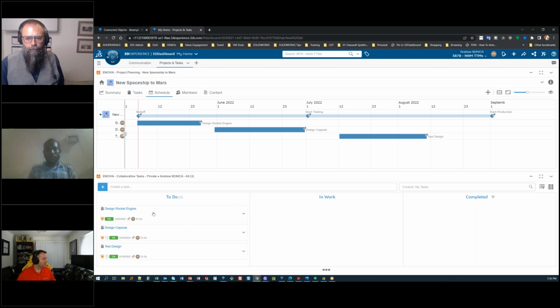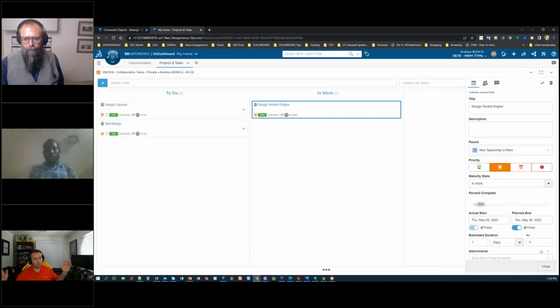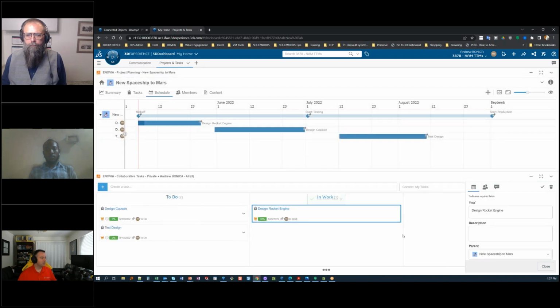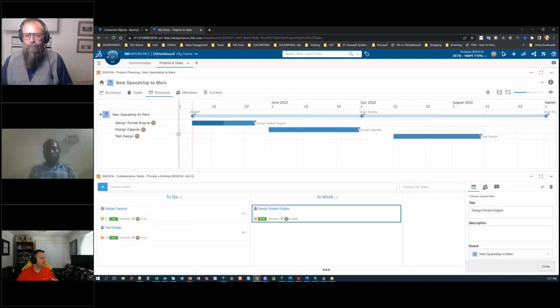And I can just be like, okay, I'm going to work on designing the rocket engine today. Bam, it's in work. I can come here, and if I need more real estate, do my double click on the taskbar, come and update my task how I need to, double click it again and go back to my view, right? So now I have where I spend most of my time